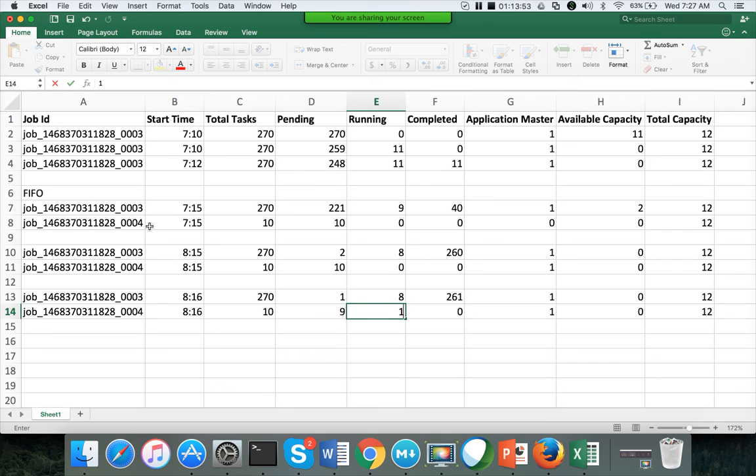So the main drawback of FIFO scheduler is, once a larger job started, if it takes 4 hours, 5 hours, 1 day, all the subsequent jobs have to wait until the number of tasks that are in pending plus running state for that job is less than the overall capacity of the cluster. Other jobs will not get the share to execute their tasks and process the data. So that is the drawback of the FIFO scheduler, and those drawbacks are addressed using capacity scheduler and fair scheduler.